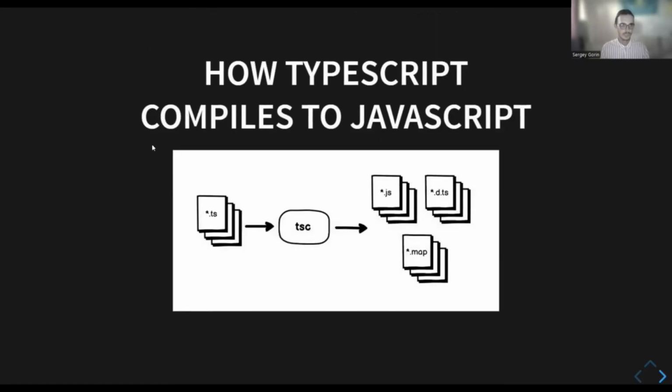So, how does TypeScript compile to JavaScript? TypeScript is transformed into JavaScript through the compilation process using the TypeScript compiler. The generated JavaScript code is then ready to be executed in any JavaScript-supported environment, providing the benefits of TypeScript's static typing and language